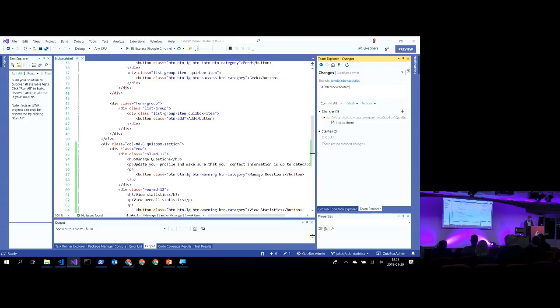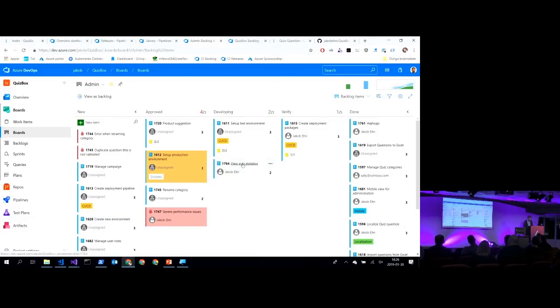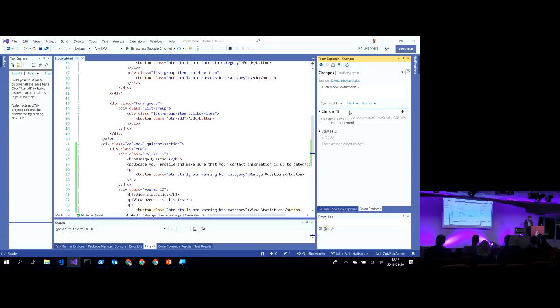Added new feature. In this case, they are using Azure Boards, but they're using GitHub. But I can still link this commit to the PBI that I'm using. The integration is not as good, it won't automatically show up here. But I'm going to use the AB# notation. AB is for Azure Boards. So if I type AB and the hash, that means it's going to link this commit to a PBI in Azure Boards. Let's go back here, and I think this is the PBI that I'm working on, 1764. So I'm just going to type 1764 here